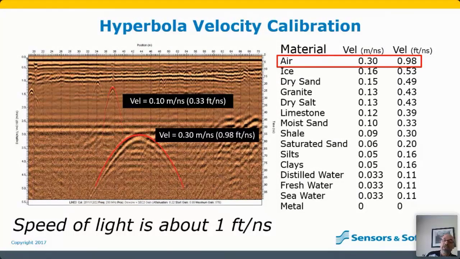And so I had a guy one time who called up and he was pretty upset, and he had rented one of our GPR systems. I'm pretty sure he was a treasure hunter, just from things I picked up during the conversation. But he collected some data like this. He saw a big hyperbolic response down deep, and he thought, this is it. I found my treasure. And so he told me he paid